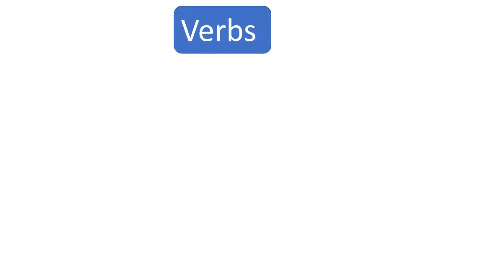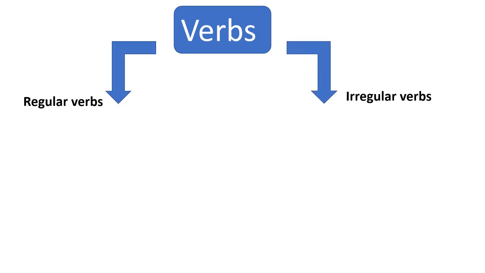Now we are going to learn how to form the verbs into simple past. How can we make the verbs simple past? In English, verbs can be divided into 2 parts in simple past: regular verbs and irregular verbs. With the regular verbs, we add